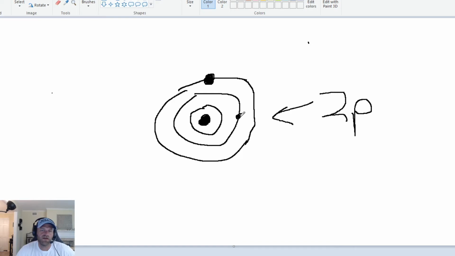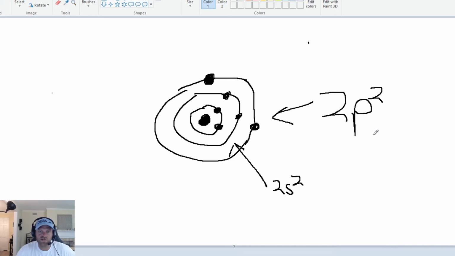I'll put right here is the 2s. This is 1s. Okay, so let me draw an arrow to this one. This one is 2s, 2. And then the p is